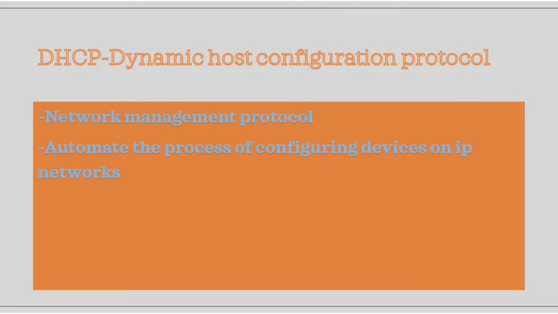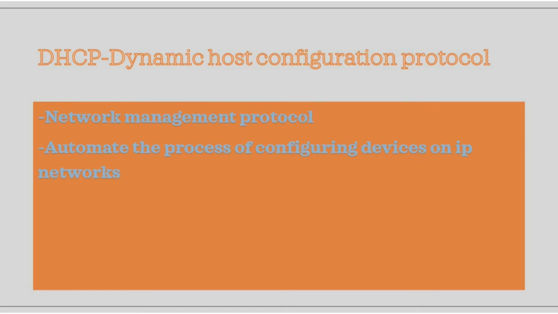This is a network management protocol that is used to automate the process of configuring devices on an IP network, thus allowing them to use network services such as DNS and any communication protocol based on UDP or TCP. DHCP is needed to simplify the management of IP addresses on networks. No two hosts can have the same IP address, and configuring them manually will likely lead to errors. As the name suggests, DHCP is used to control the network configuration of a host through a remote server.